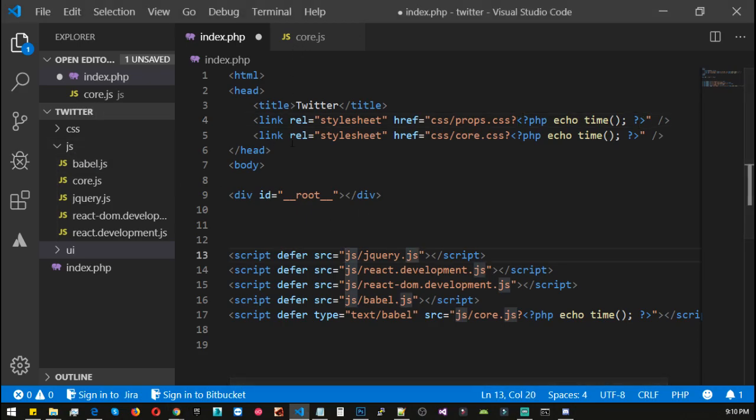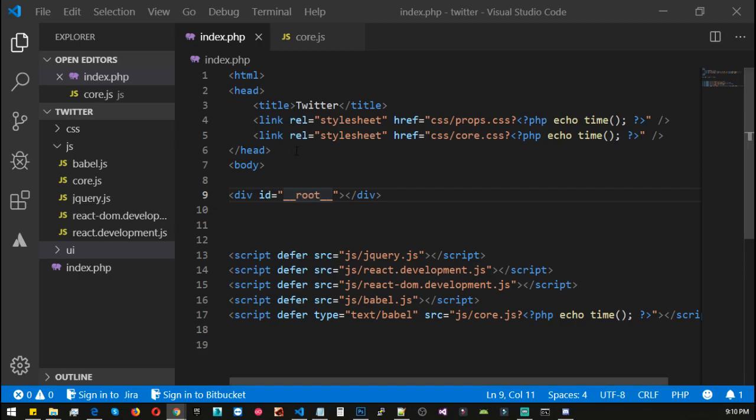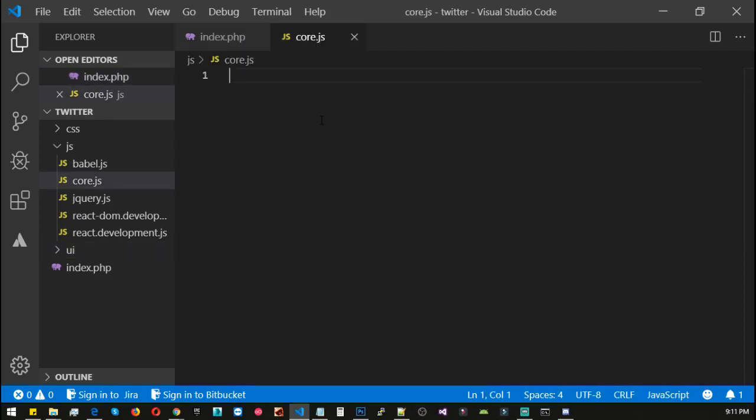Okay, let's save it. If you are following my other tutorials, I am using this typical setup, and you can follow along. And if you are confused about how I have set up this entire thing, I have a couple of tutorials you can follow, and you can watch again to see how I have set up these things. But for now, let's go to core, and the core.js is simply empty,